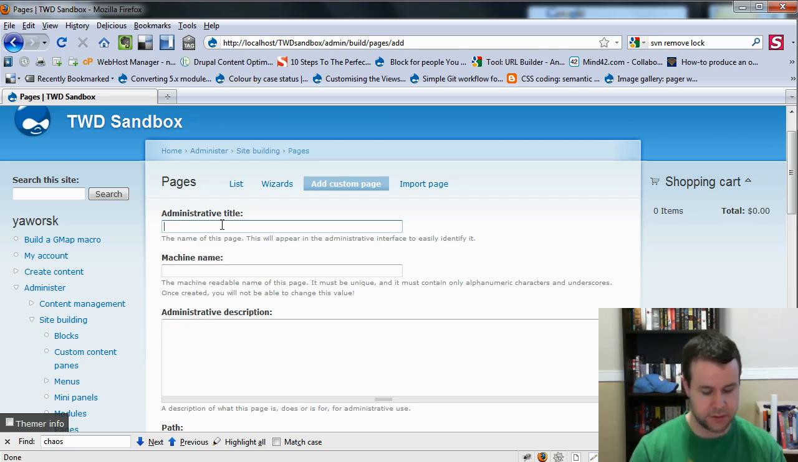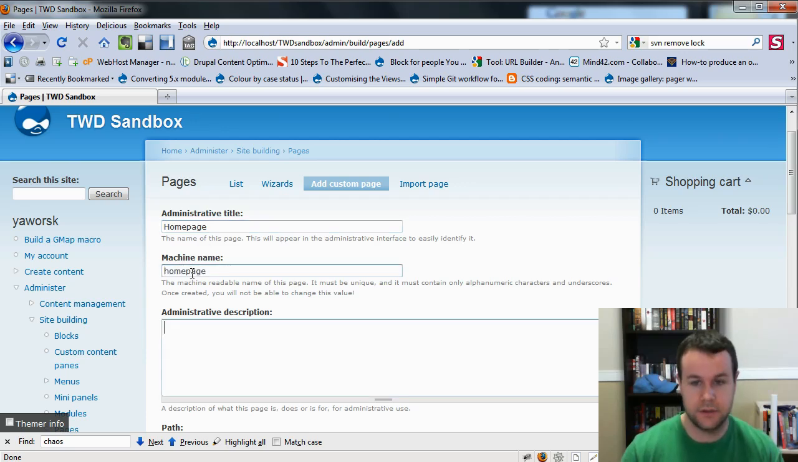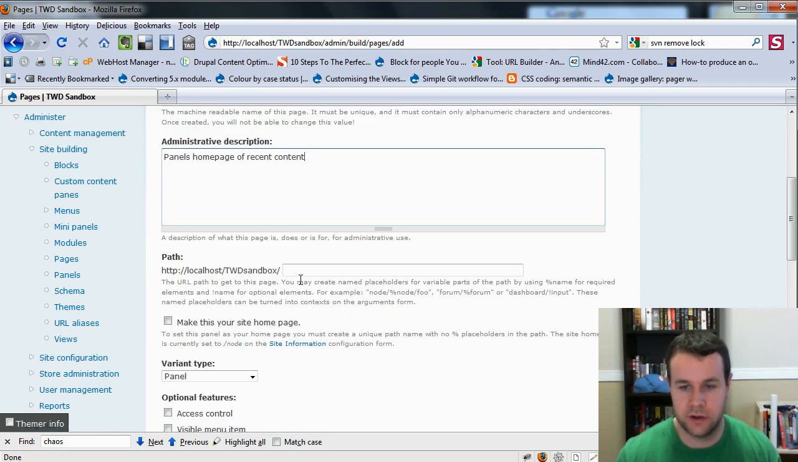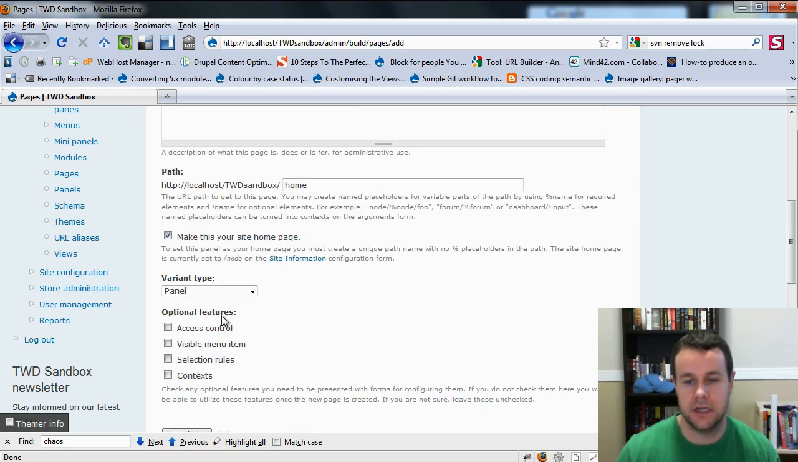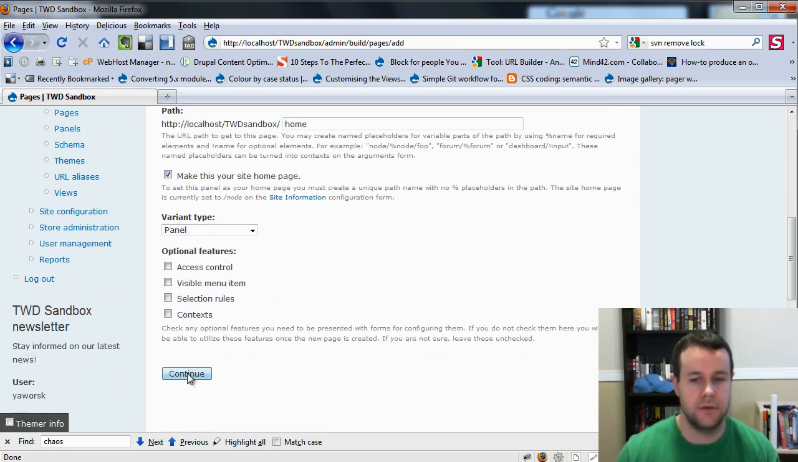And we're going to call this homepage. That would help if I didn't capitalize the O. Call this homepage. Page of recent content. And I guess it's kind of redundant to say panels homepage, but make that home. We're going to check off make this your homepage. That will actually change the site information, so you don't have to go and do it, just like this little tip says. So it's going to be a panel, and we're not going to walk through any of the optional